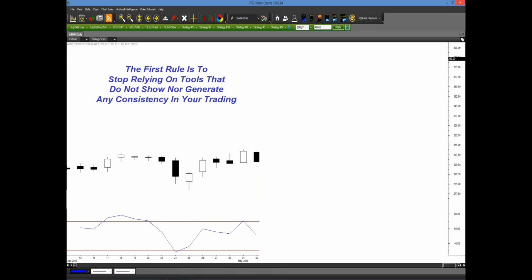Remember, as I said, trading is really simple. It's us as traders who overcomplicate it, and that's why most traders fail, upwards of 80%, because we think that's what's going to make it more valid. It's the opposite. Relying on too many tools that show no consistency, that for some reason we've been taught are supposed to work, will actually get you closer to losing your money than to making money. So don't rely on overbought, oversold tools or oscillators, volume,